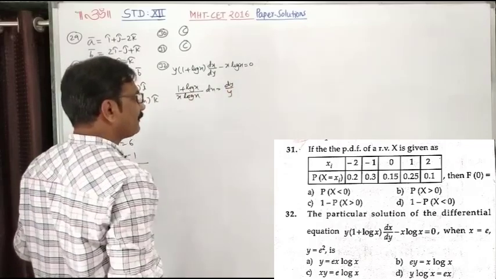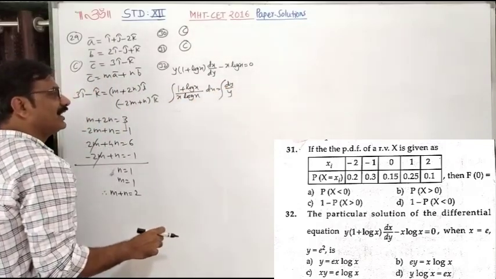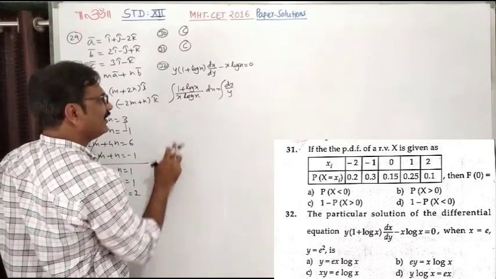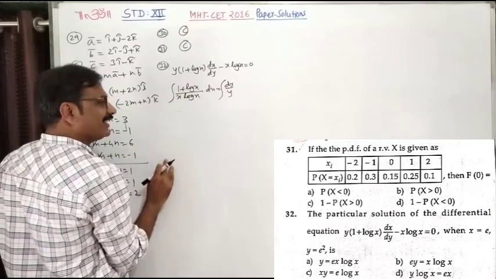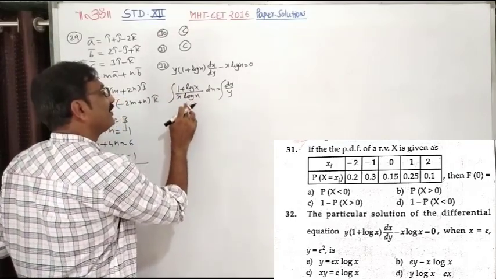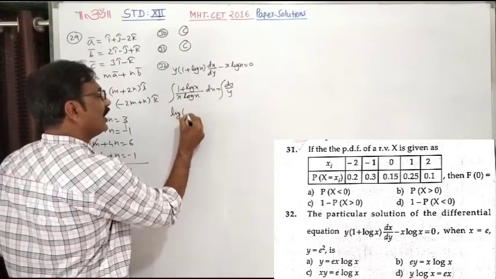dy upon y. Variable separable, integrating on both sides. If you have the concepts of derivative clearly in your mind, then the derivative of this is this one. By using product rule, x into 1 upon x, x cancels, 1; log x into derivative of x is 1; log x. So it is log of